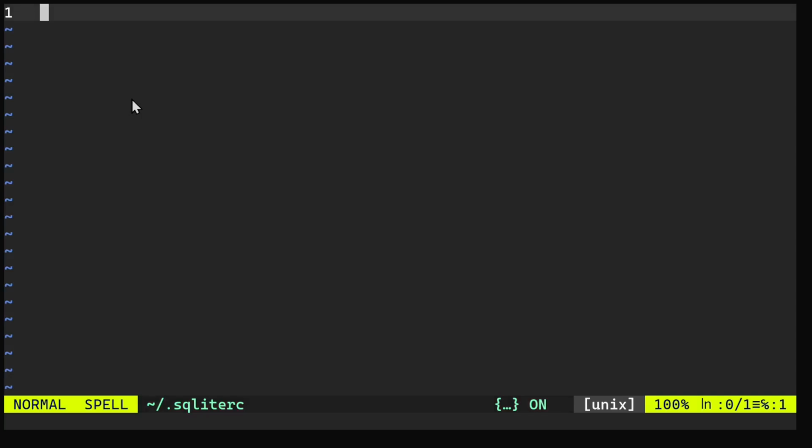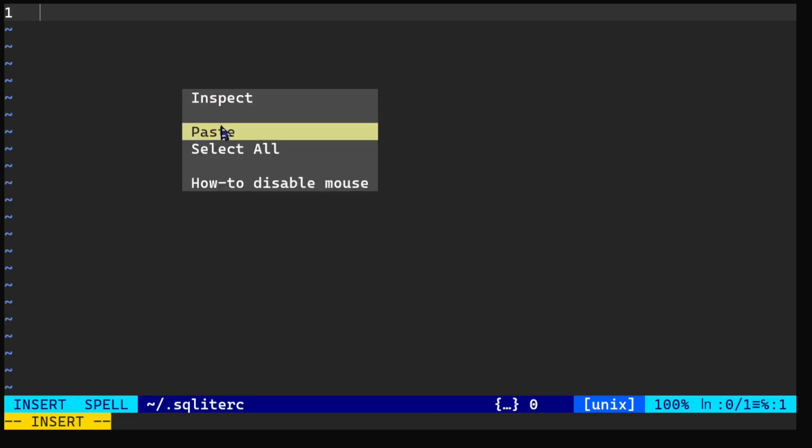In Mac or Linux, we can simply create it inside the home directory, and for Windows, we'll have to create it inside the user directory. Here we can add all the meta commands we want to execute on startup.